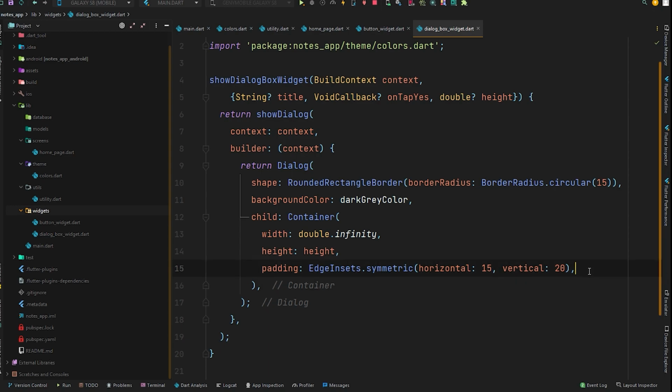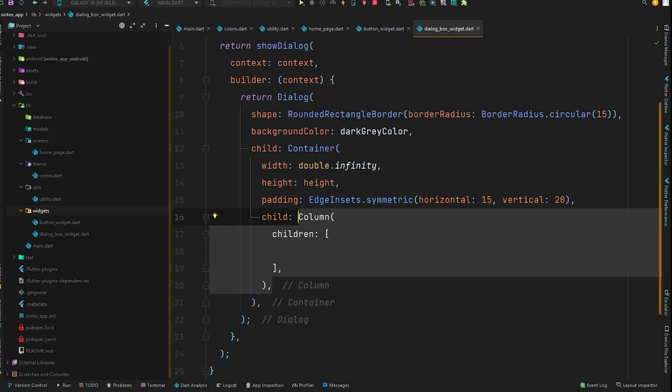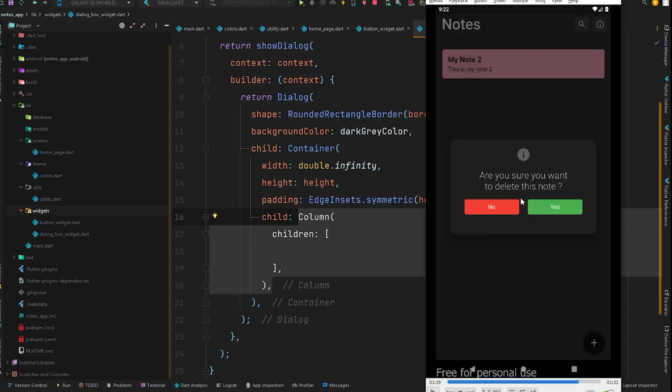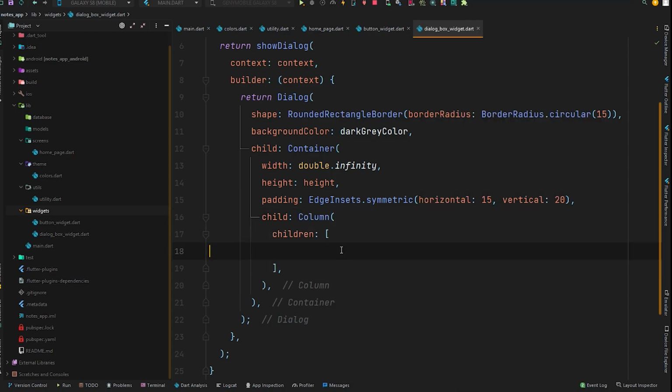So inside the child of the container we are going to have the column widget. Like we are going to have some content aligned vertically like this. We have an icon, some text, and two buttons vertically aligned. So that's why we have the column in place. So in here in the child, which accepts the list of widgets, we are going to have first of all